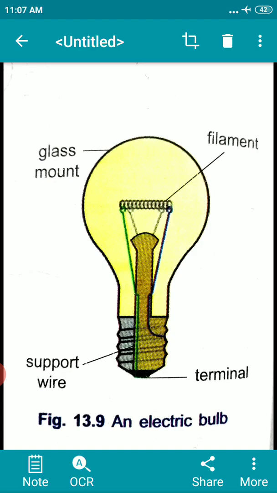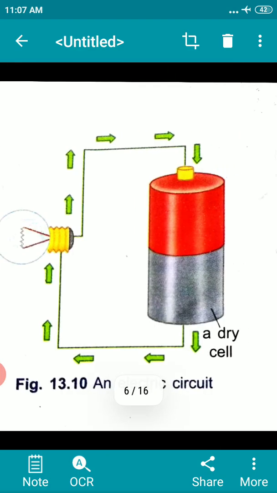The other thick wire is connected to the metal tip at the center of the base. The base of the bulb and the metal tip of the base are the two terminals of the bulb. These two terminals are fixed in such a way that they do not touch each other. When the circuit completes, the filament gives light and the bulb glows. So now you know about the cell and the bulb. Let's see how a simple circuit using an electric cell and the bulb is made.